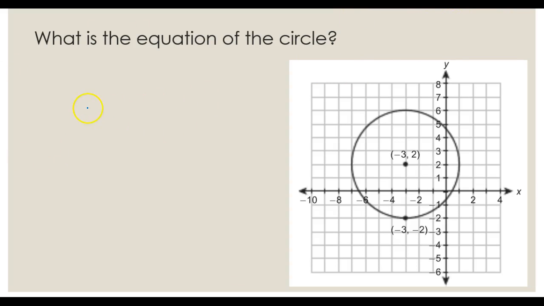Let's see if we get our pen working here. The equation of the circle. So remember, we have a formula, and we just did this. This is the last thing we did. It goes like this: x minus h squared plus y minus k squared equals r squared. R is the radius. So in this one, hk is the center. hk is the center, so that's negative 3, 2. So we're going to write